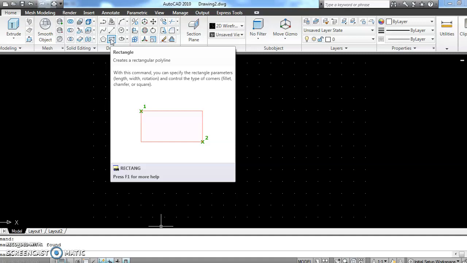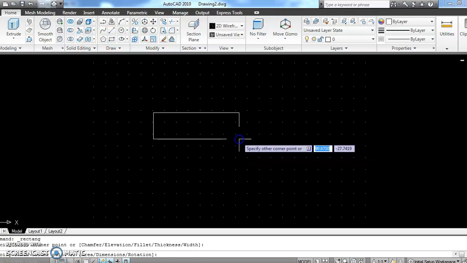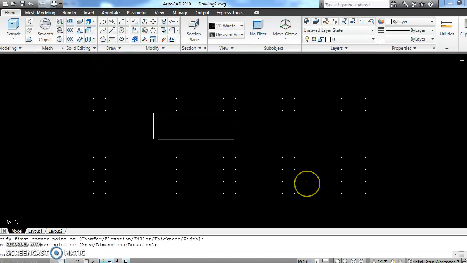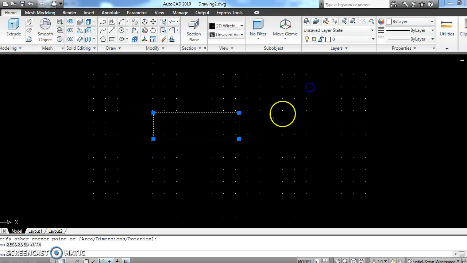Now for example, let me draw a rectangle at first. I've drawn a rectangle. Now it's a single compound object. That is, if I select any part here, the entire rectangle gets selected. Now I want to break this compound object into component objects.